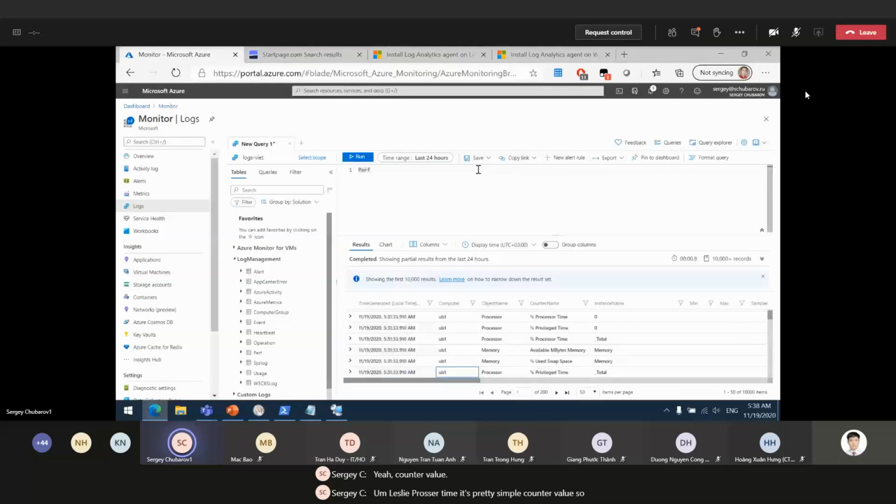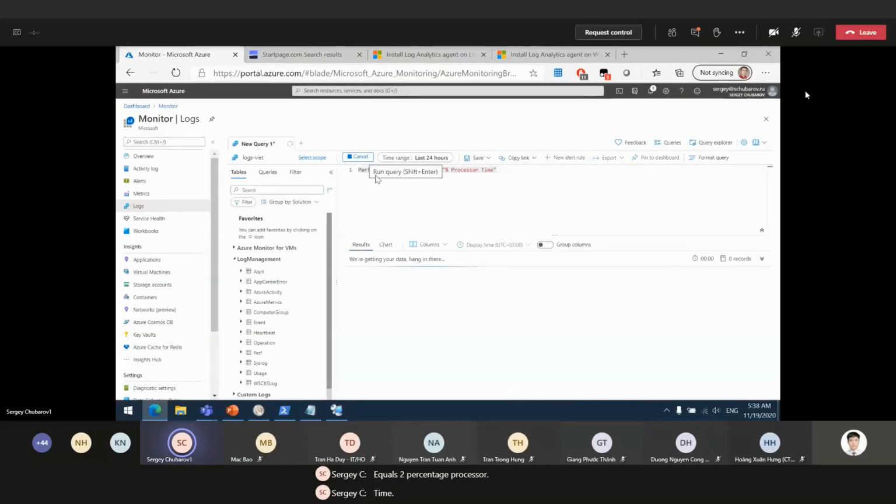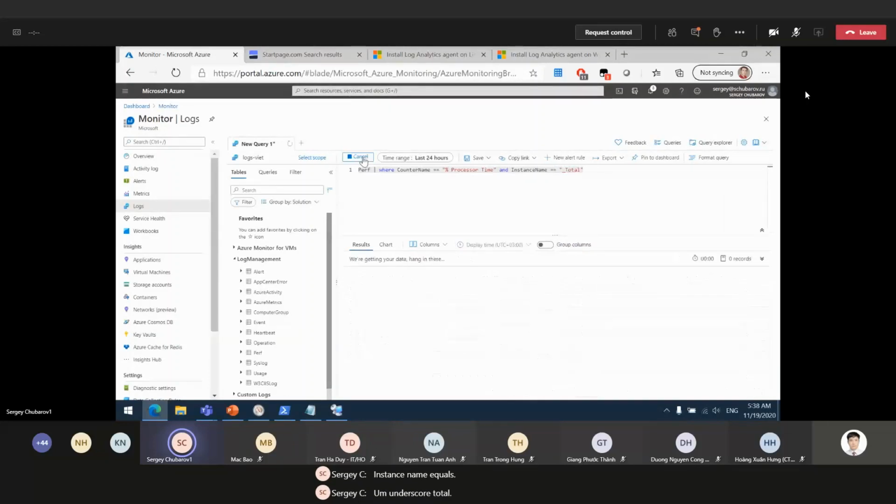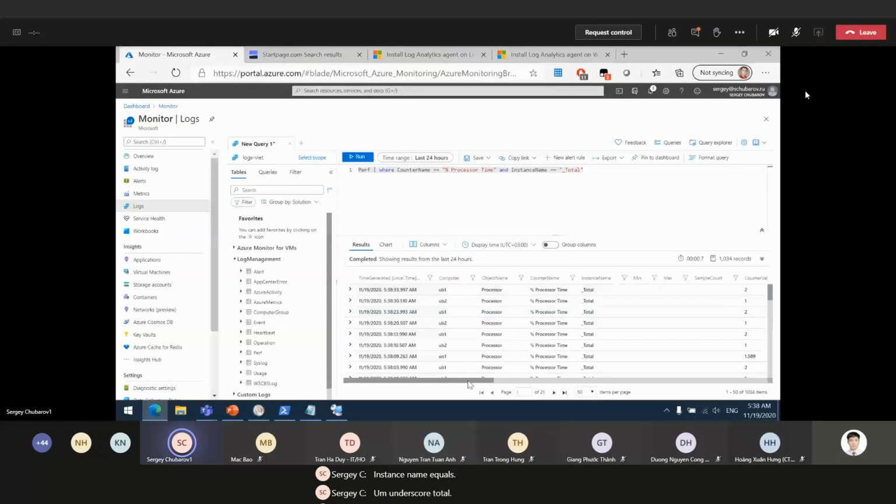So let's say perf where counter name equals to percentage processor time, and instance name equals underscore total. Yep. So what I can do here now,